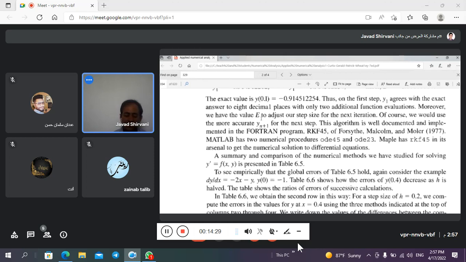You know, Fortran in the past was a computer language for scientific computing, but now it's outdated, and the new software for computing like MATLAB and Python and Julia